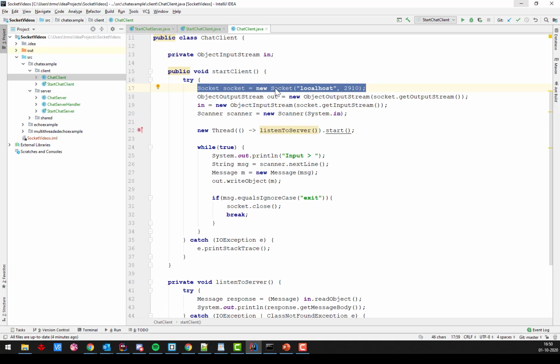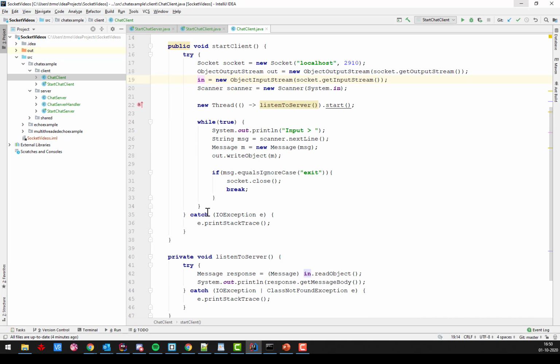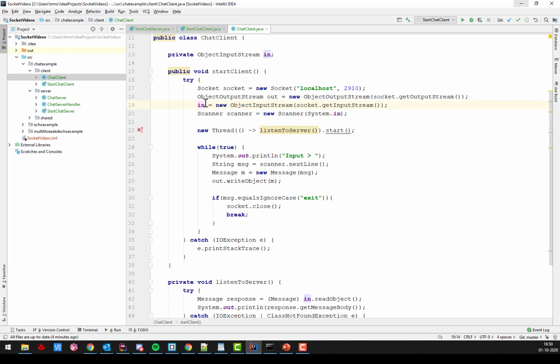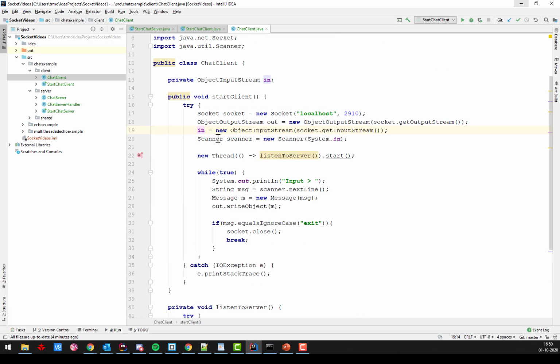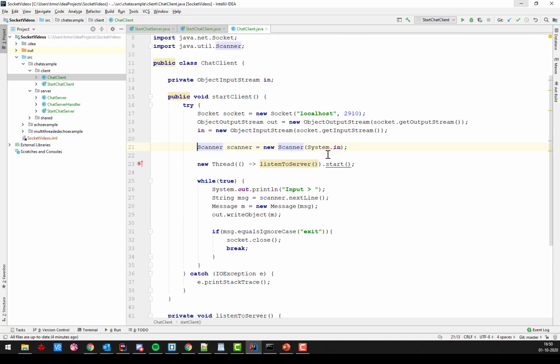I still create my socket connection to the server. I'm creating my streams, object and output. I'm keeping this as a field variable because I need to use it outside of this method. Right, so this variable is used in multiple methods, so I have it as a field variable. I have my scanner to read from the keyboard, and I will just move that up because we need that afterwards. And here I'm creating a new thread, and I'm starting it right away, and I'm giving it a lambda